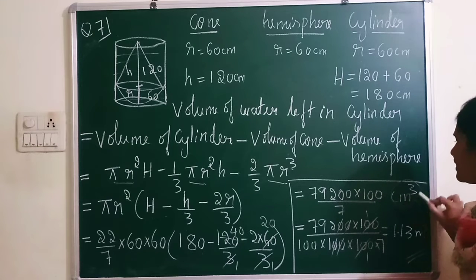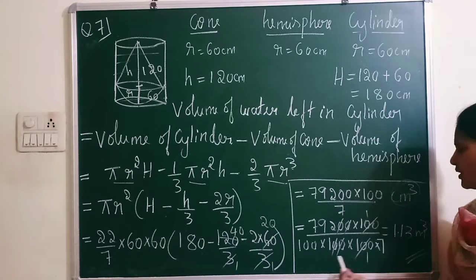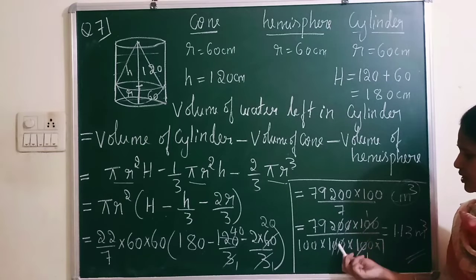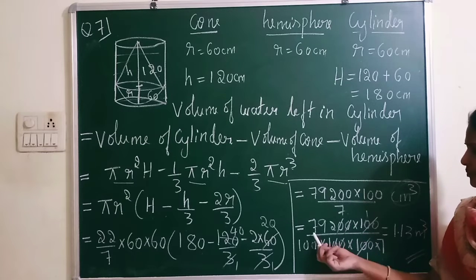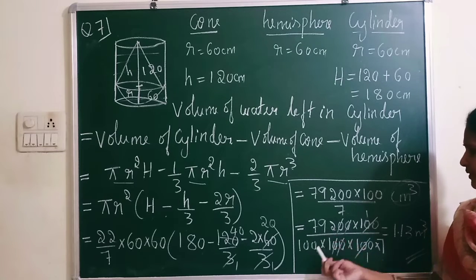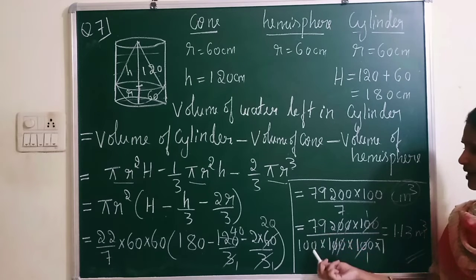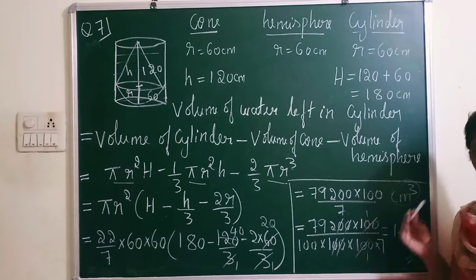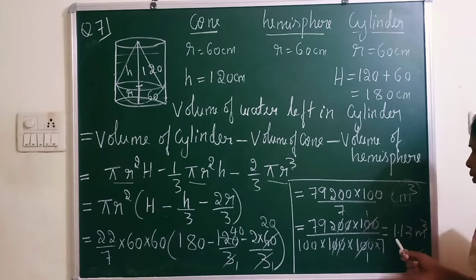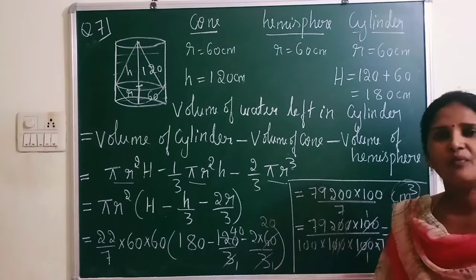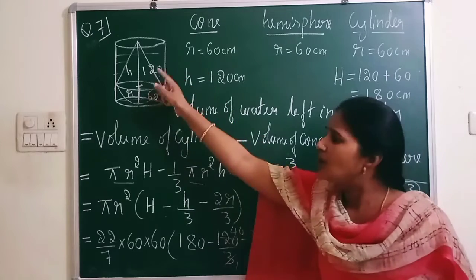But here how many centimeters do you have? 3. So you have to divide 3 times: 100 into 100 into 100, and 7 as it is. So this 100 gets cancelled. 2 zeros get cancelled. What is remaining? 792 divided by 100 into 7 is remaining. First cancel this with the 7 table, and for 100 you keep the point from the right side after 2 decimals. We get 1.13 meter cube of water left in the cylindrical vessel after you put a cone and hemisphere